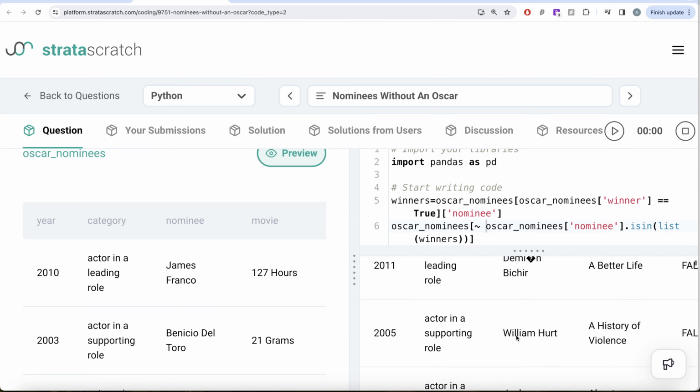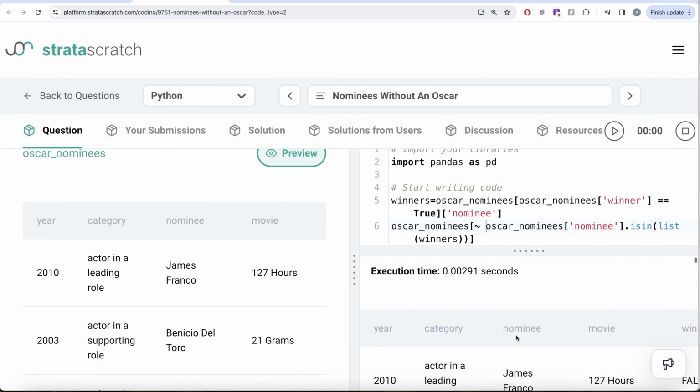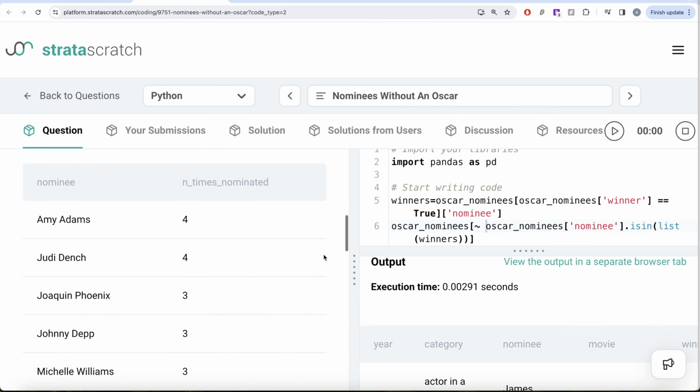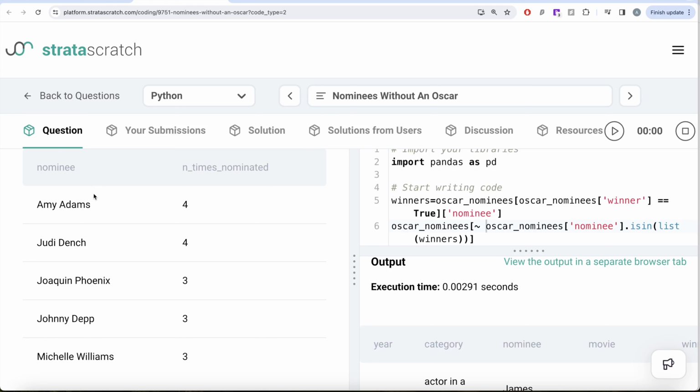Once you have subset the data frame to all the people who have never won the Oscar, this question becomes easier. Now you need to count how many times they were nominated but did not win. So we can group by the nominee column, then use the dot aggregate method.